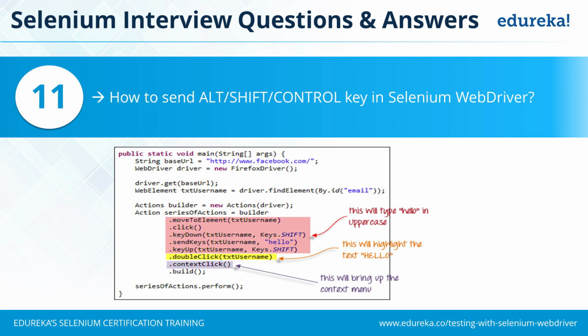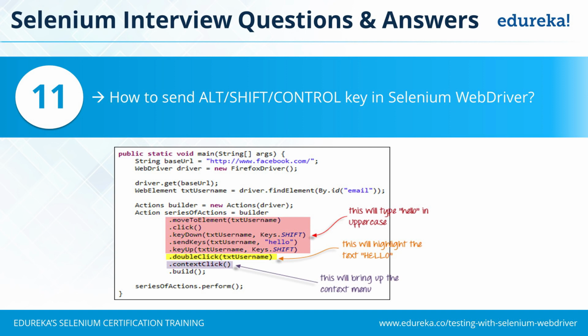So I have a script in which I'm going to a particular text box, that is the email ID text box, and I want to type in my email ID. It's all case sensitive, and I would like to enter it in the same manner. So what I do is I declare an object of Actions, that is builder equals new Actions, and pass the instance of WebDriver so that it knows where exactly my WebDriver is, on which page, which frame, whatever it is. Then a series of actions.